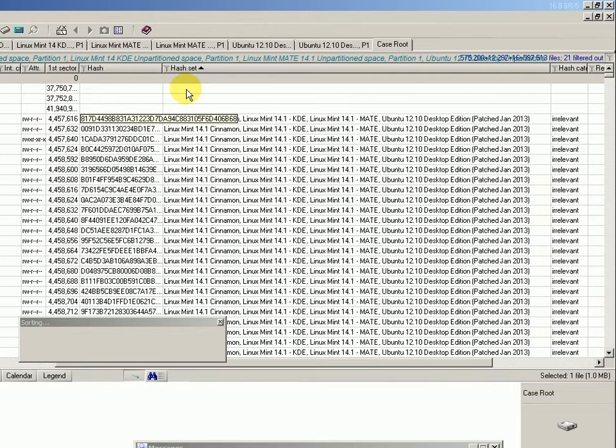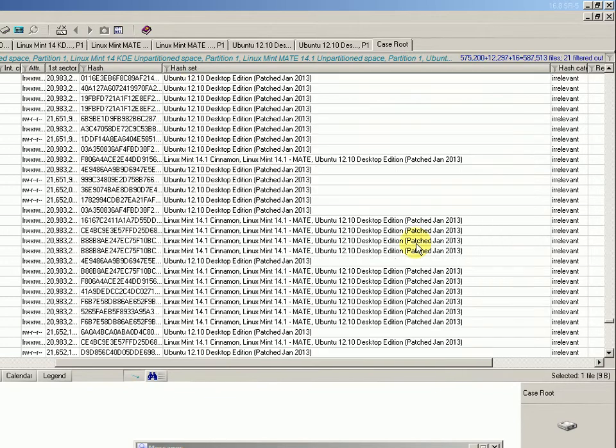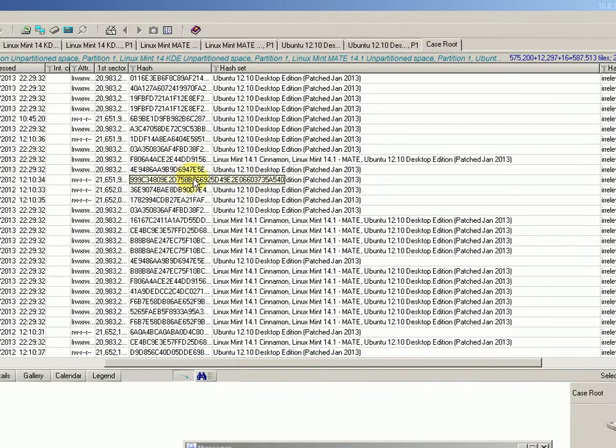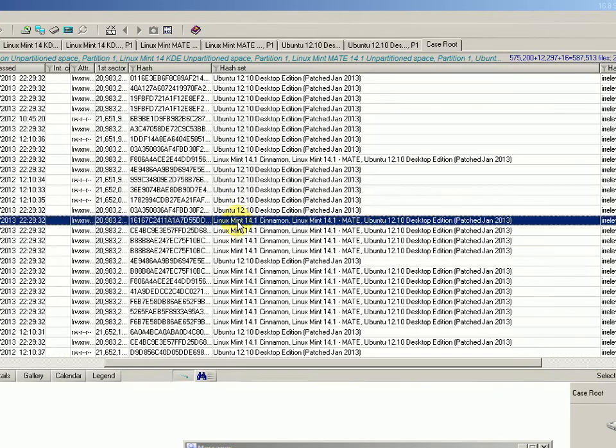And what you can do that's pretty nifty is obviously you can sort by this column, and any that are just in one particular hash set, then you know they're only in that image and not in other images. But what you can also do is, let's take this one as an example, which we know appears in multiple hash sets. We can right click that one and put a filter by its hash value, and that should show us other files that have that same hash value without actually having to sort by the hash column. And there they are. So here are the files, the only files that I'm showing you, but they're all the files with that same hash value, and